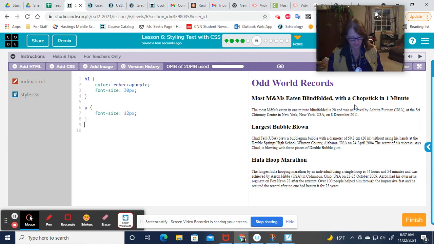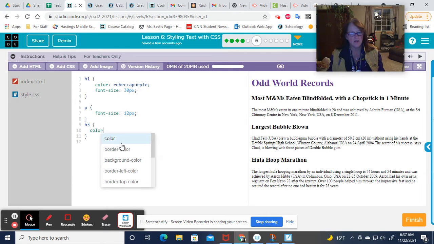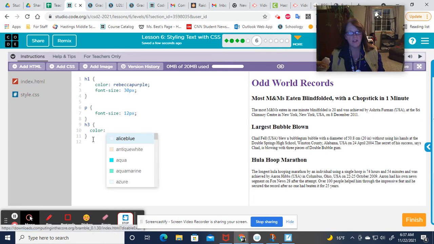And I have to catch up because part of the assignment in levels 4, 5, and 6 were to create some kind of rule for your H3 headings, which are these three. So let's see. I choose color. And notice if I click on it, it automatically puts that formatting in with the colon, which is kind of nice. All right, and I'm going to pick,